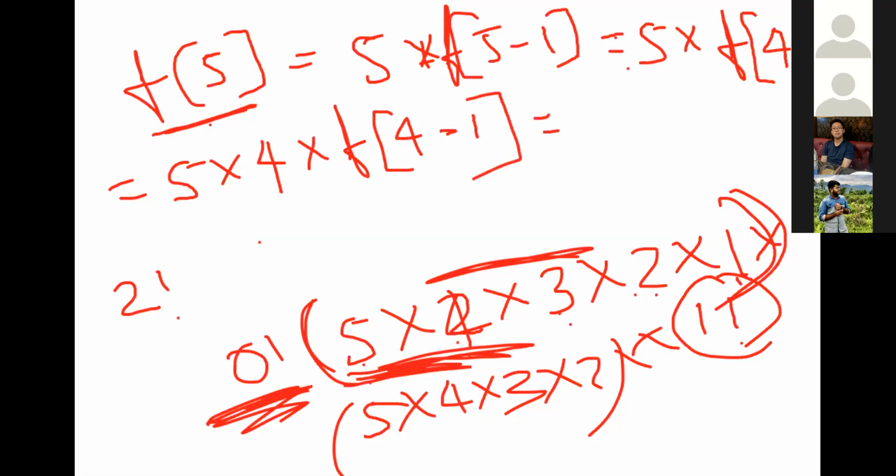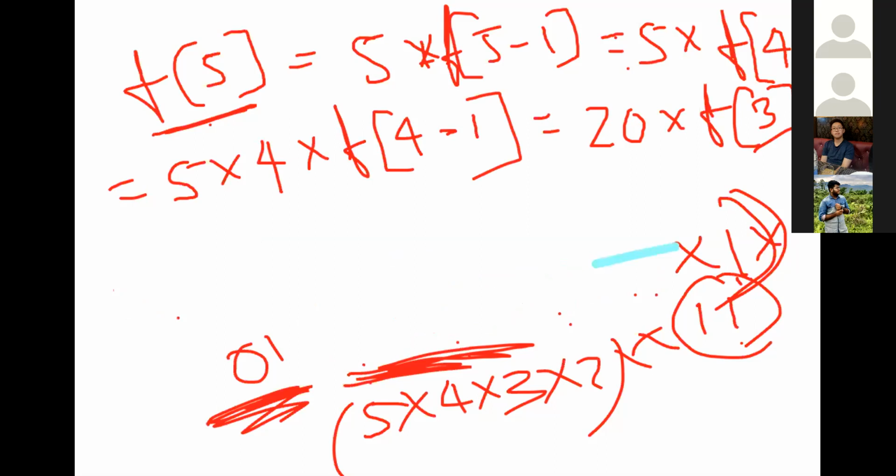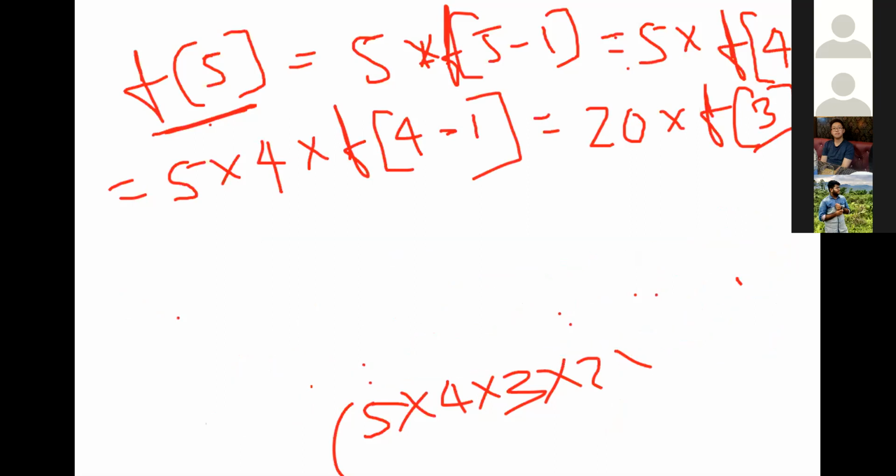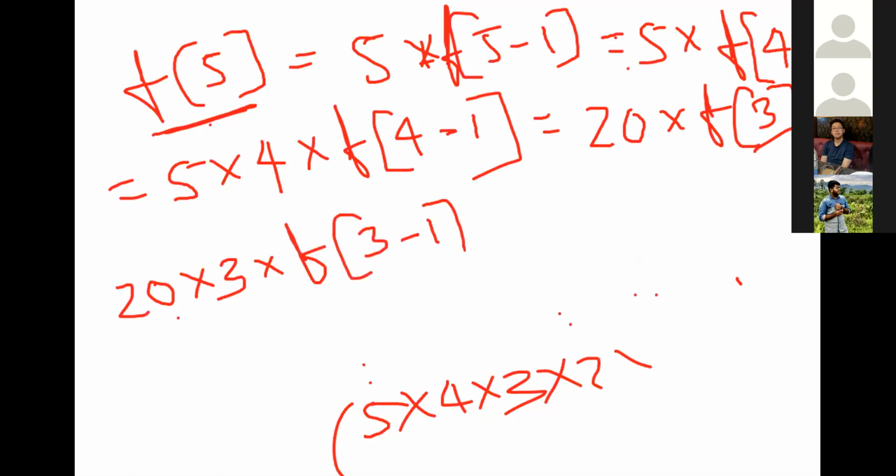Similarly, 20 into 3, I can say f3. Then what next will come? 20 into 3 into f of 3 minus 1.